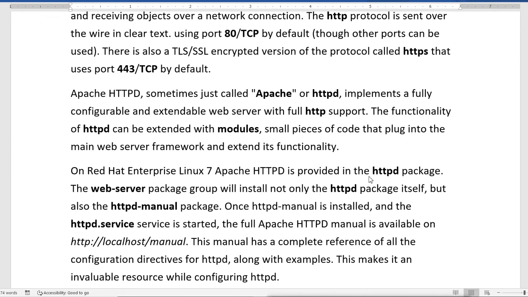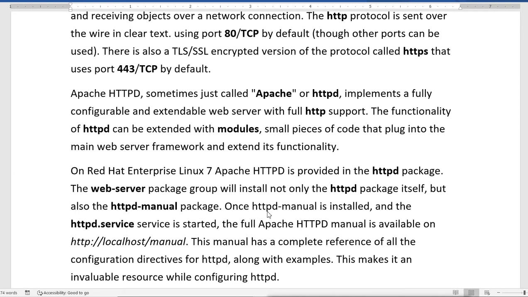The web server package group will install not only the HTTPD package itself, but also the HTTPD manual package. So when we are installing RHEL7 and we select the web server option, a package group of web servers, it will not only install HTTPD, it will also install other packages. In that, it installs the HTTPD manual also.